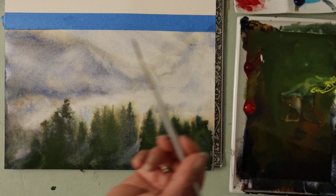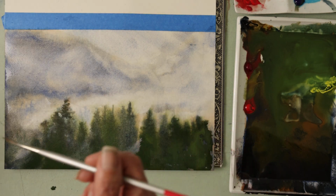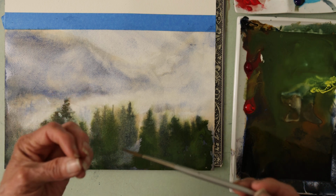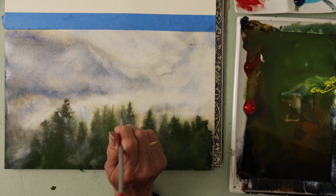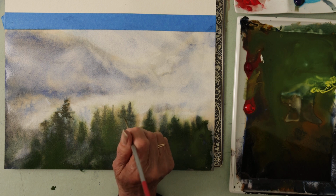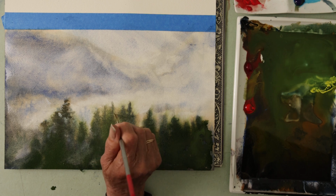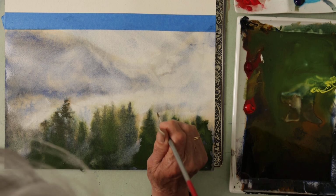Now, again, test it. Okay, I think that's light enough. That's good. Dilute enough. You have to be careful when you dilute it that you don't have a lot of water because it's dilute. So I'm going to maybe do something back here. And maybe